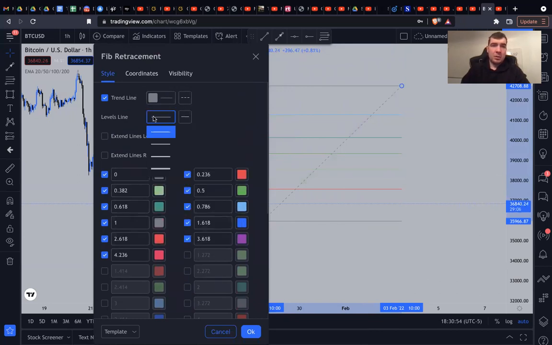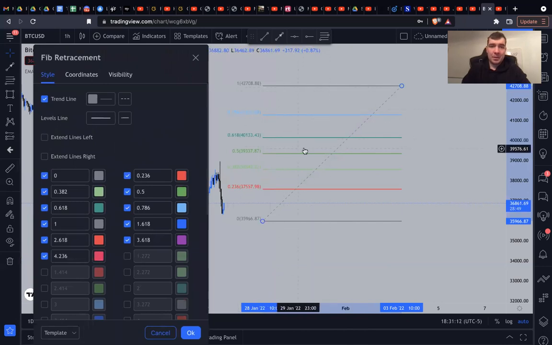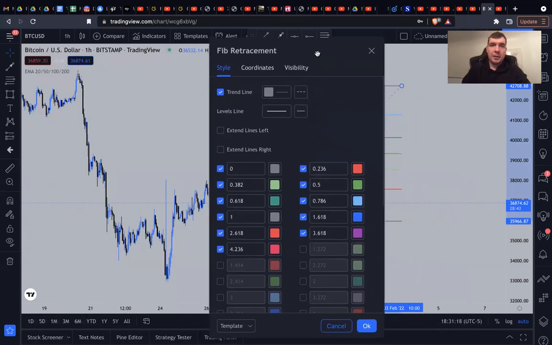So line thicker, thickest. You can change the level lines here. That's the thickest. I don't want that. Probably just the second one looks great. There's a lot of different colors going on. I don't necessarily want that either. So that's how it looks right now. Okay. Got a good amount of levels here, but it looks like a rainbow. Looks like a painting. I don't want that. I want it to look clean, fresh, like that. So anyways,